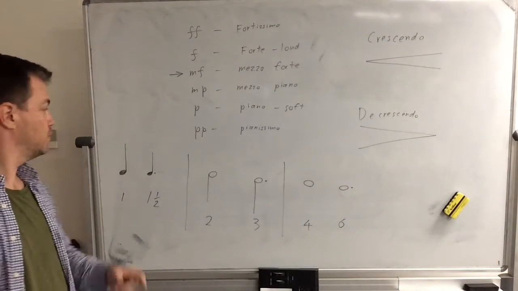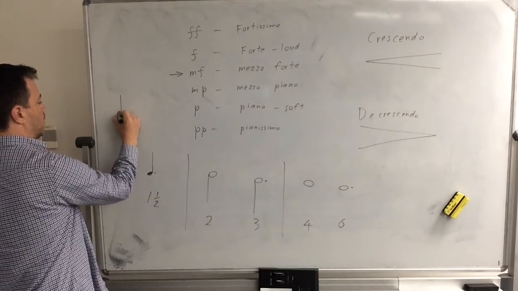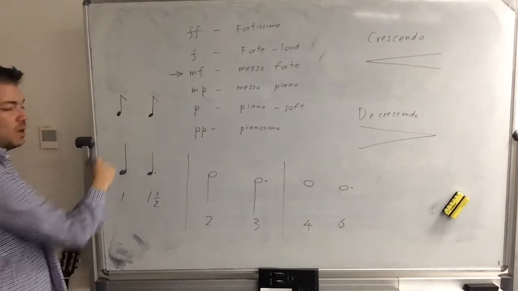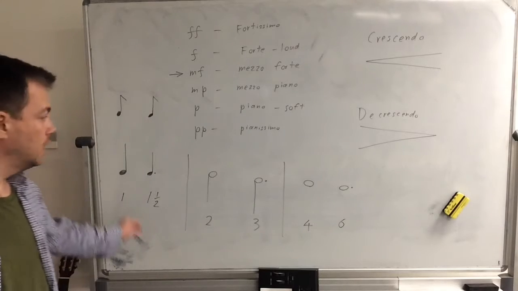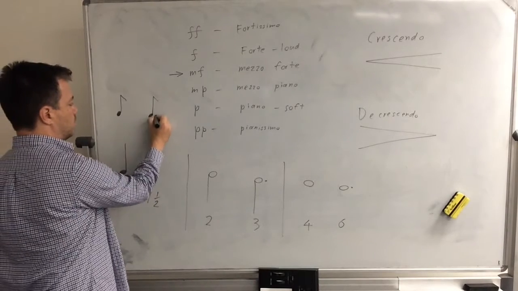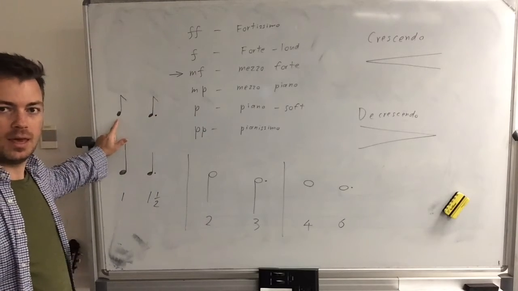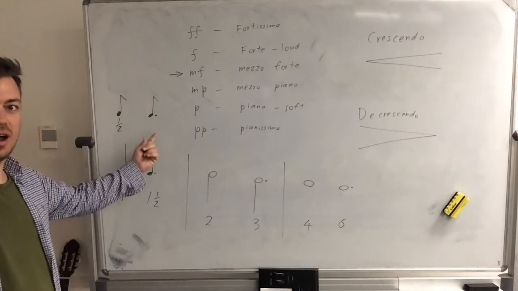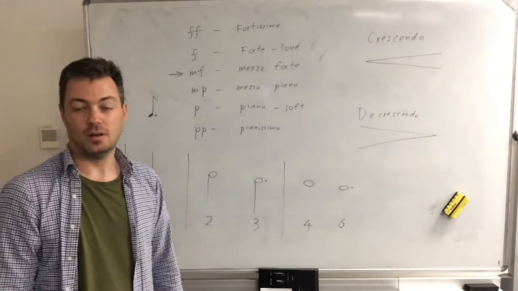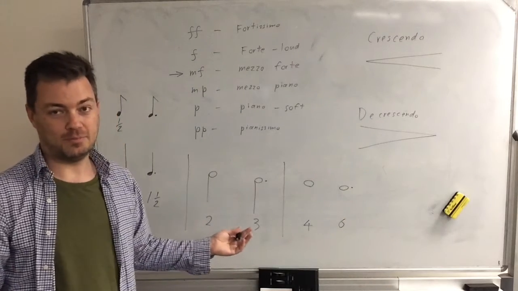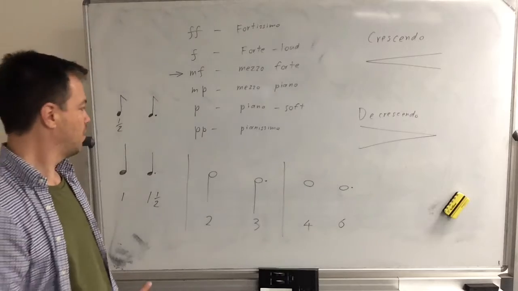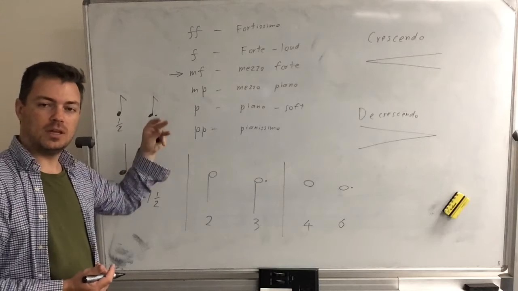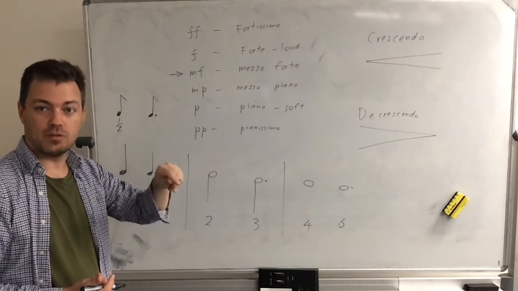Let's do one more. Gets even trickier. I'm going to do it up here. Okay, what type of note is that and how many beats is it worth? It is a quaver. Sorry, missed the dot there. It is a quaver and it is worth half a beat. So it gets a little trickier here. So we put a dot after the note. How many beats does it become worth? So I'm not sure how good your maths is, but this is a bit of a mathematical equation. So half of a half is a quarter, and then we need to add a quarter to a half, so we get 3 quarters.